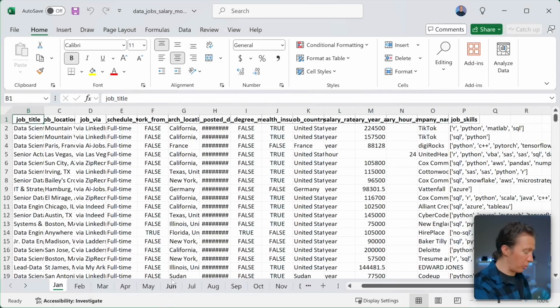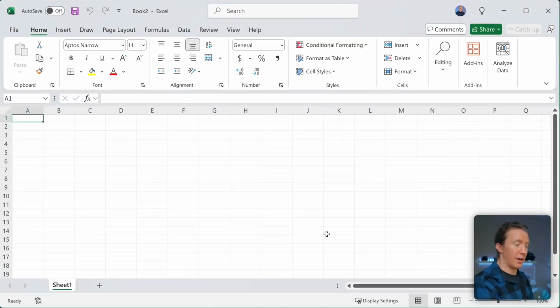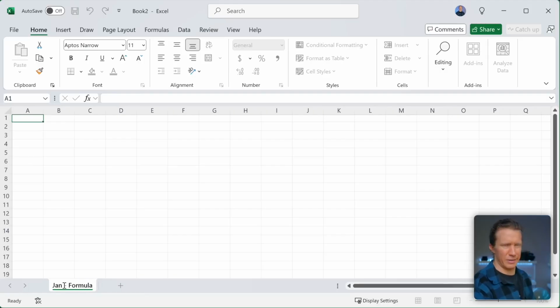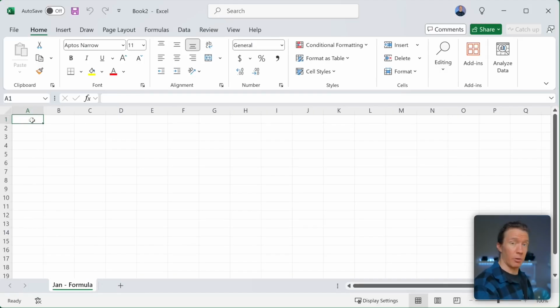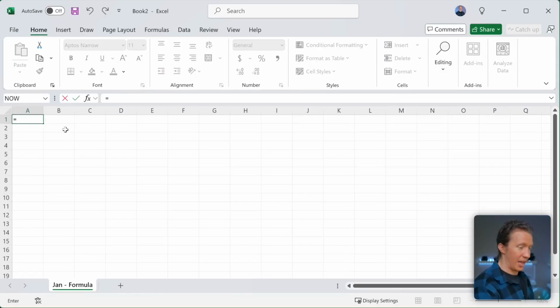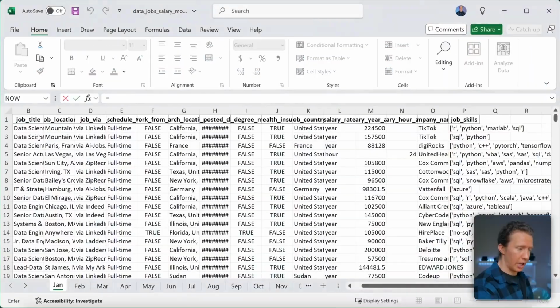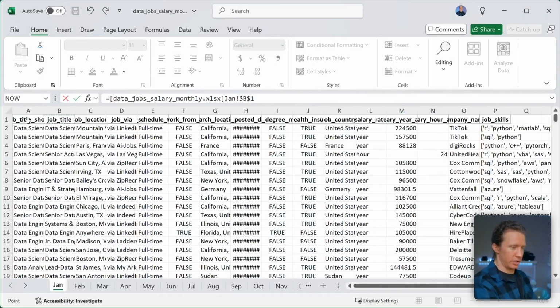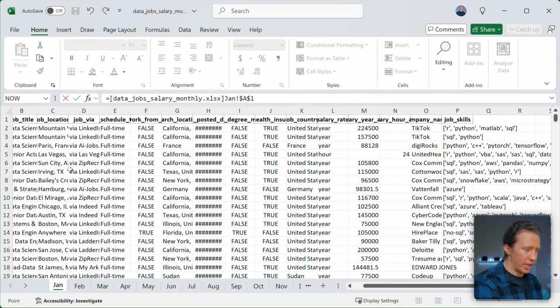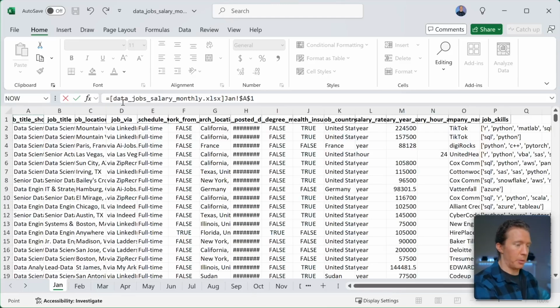Now, once again, I'm going to go back to that original blank sheet that we have. I want to put it into here. So I'm going to name this one Jan, and then we'll call this one formula, because technically it was a formula, not a copy. I don't know why I said copy before. Anyway, back in A1, once again I'll press that equal sign. And then going back to that other workbook, I will select the first cell in there, which is A1. And now we can see in the formula bar, which is sort of strange, at the front of the bar,